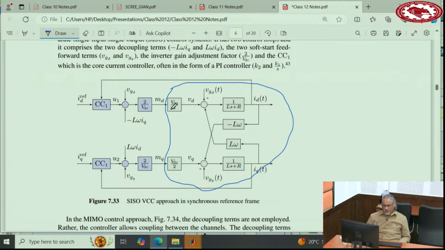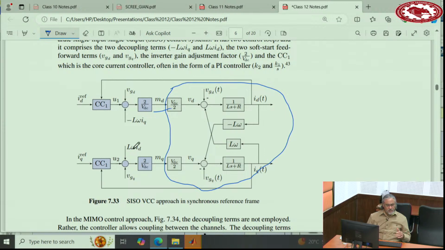So there is a cancellation of this using this one. There is a feed forward here. And now this coupling that happens in the plant, we add a decoupling. So this cancels this one. And the same thing we do underneath for the Q. So if we successfully manage to do that without any problem, then we have removed the coupling, so we don't